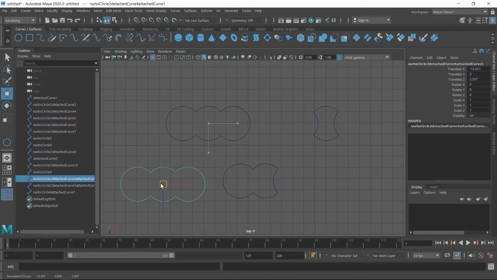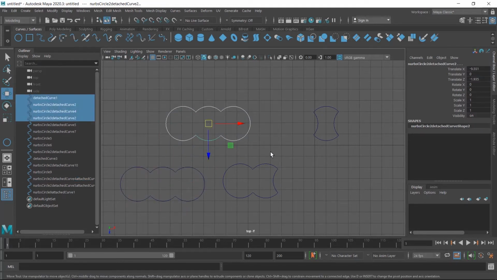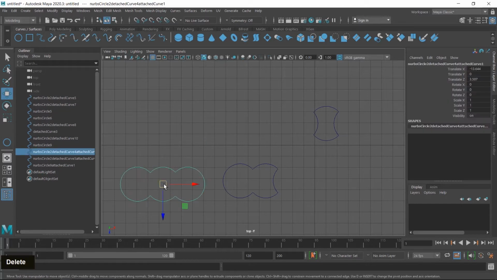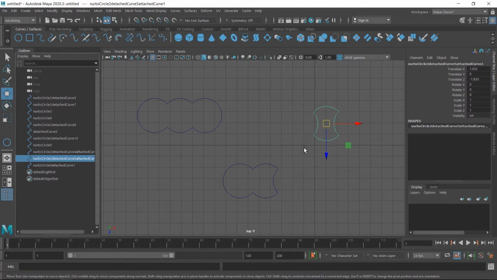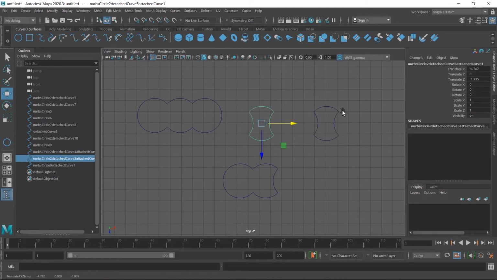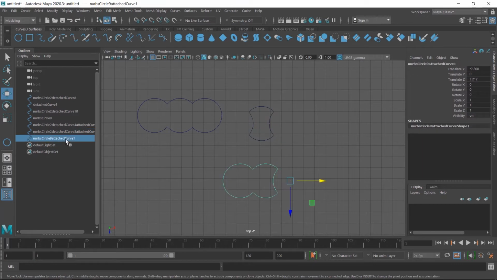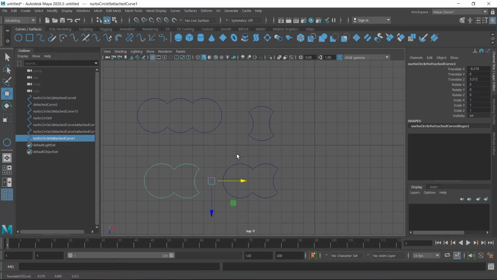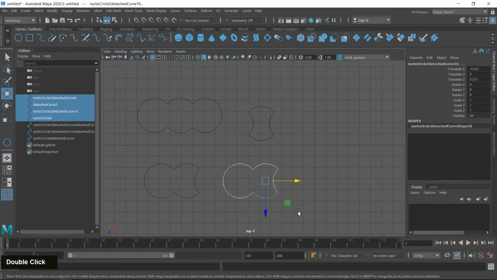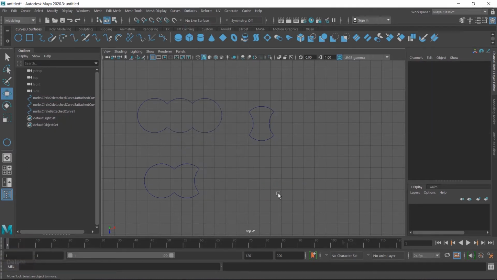So first I select and move it here and then delete all the other parts of this shape and then place it here. In the same way I click on this object and here are some other parts. So first I move it here and then delete all the extra parts. Same here, if I click on this, this shape is created, but there are other parts of this shape. They are broken. So select all the extra shapes and then delete.